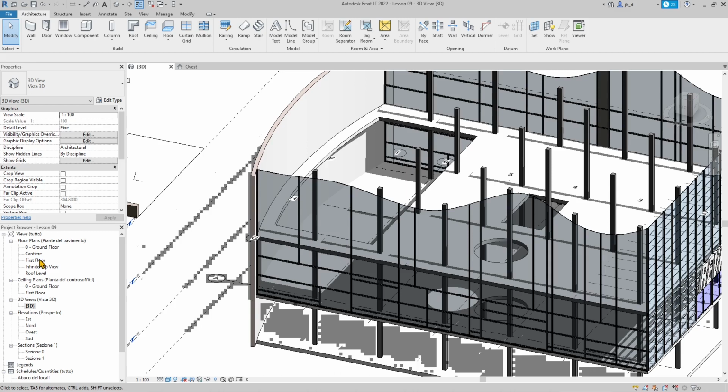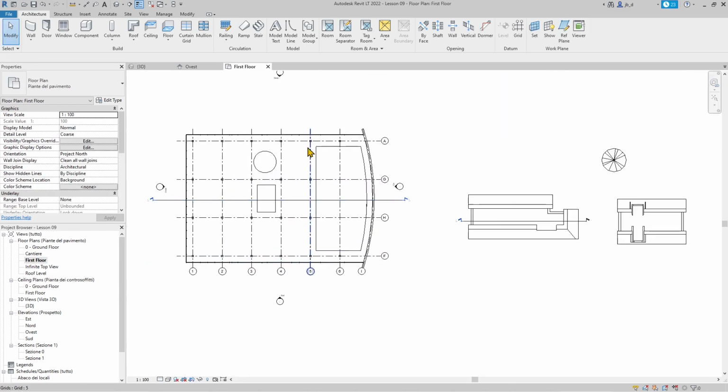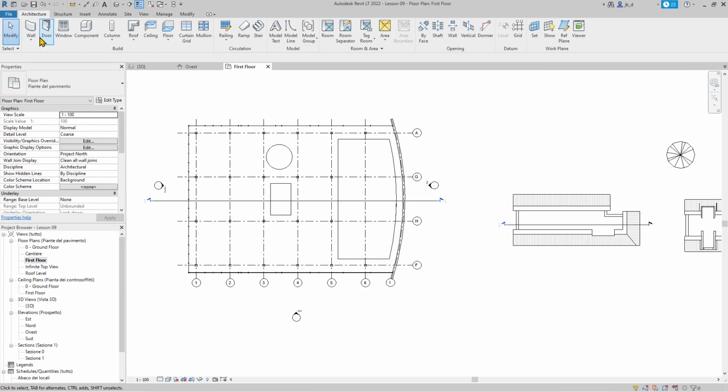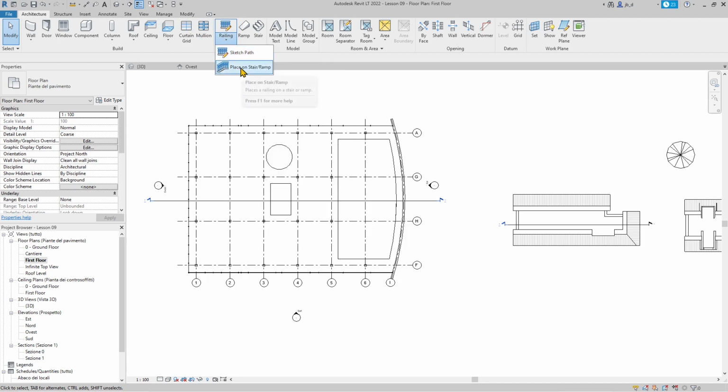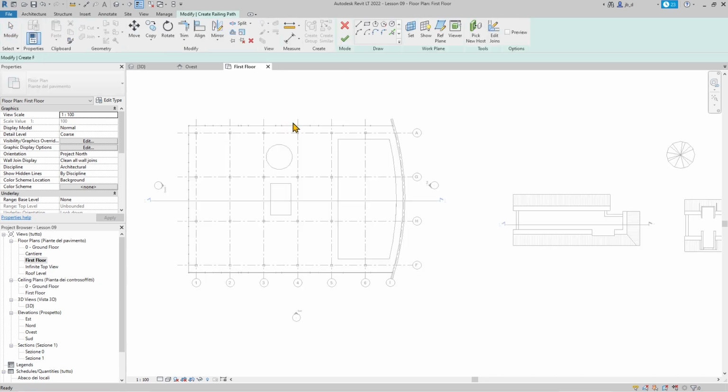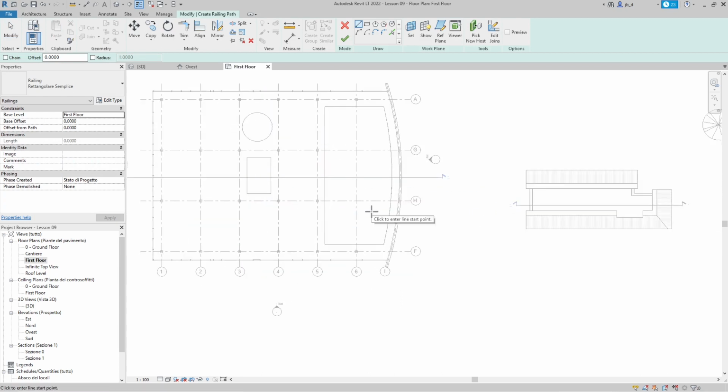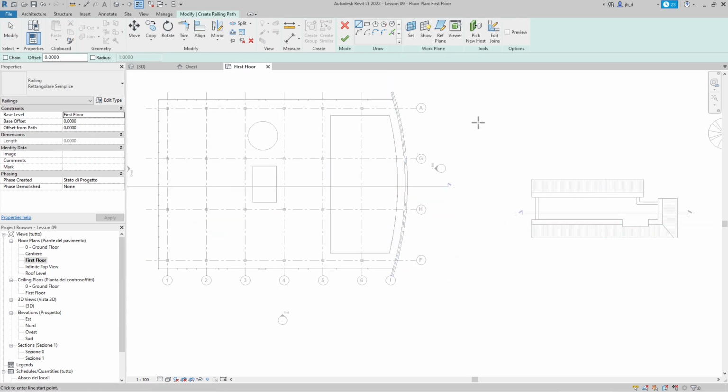So I'm gonna move into the first floor. This is where we're gonna place the railing, and that's it. So we saw all these other components. Let's go into the circulation. So let's leave the build part here, and I'm gonna sketch the path. Now you can create a railing directly on a stair or a ramp. We're gonna see those two in just a minute, or you can directly sketch it. So to sketch it, it's just like creating floors or walls and so on. So you need to create a path for your railing. Now you can also leave it open